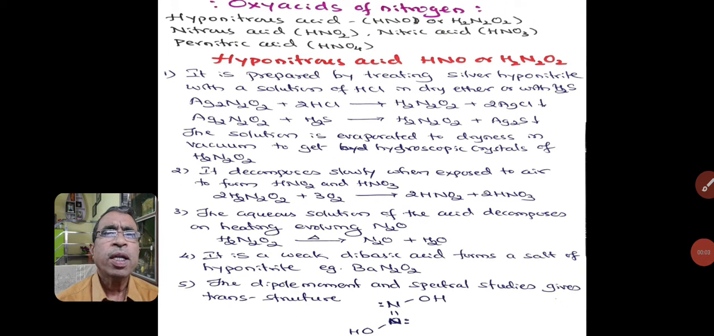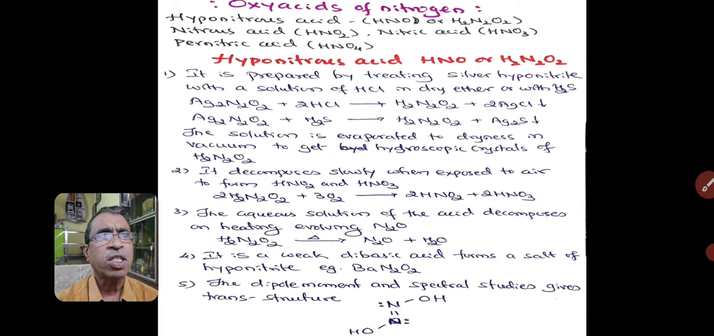Dear students, in the last class, we have studied about oxides of nitrogen like nitrous oxide, nitric oxide, nitrogen trioxide, nitrogen dioxide, and nitrogen pentoxide, their preparation, properties, uses, and structures. Today, let us study about oxyacids of nitrogen, which includes hyponitrous acid,